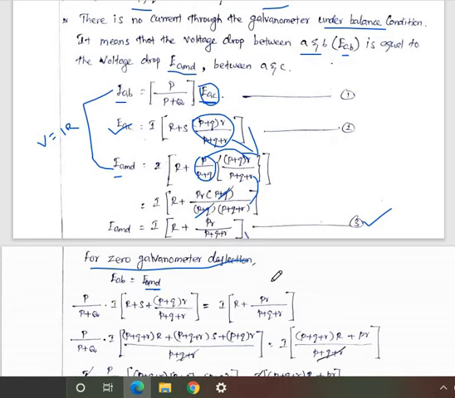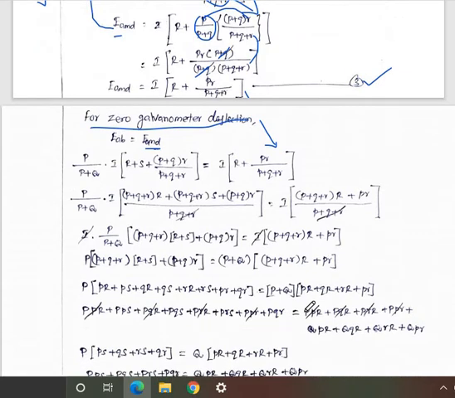We can substitute here I into capital R plus PR divided by P plus Q plus R, and expand the equation. And you can take capital P by P plus Q into I and multiply that. Then we can take the LCM. Here P plus Q plus R is the denominator value, so we can take the LCM for that value.